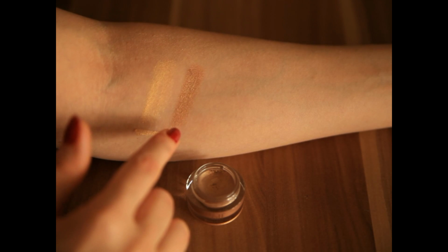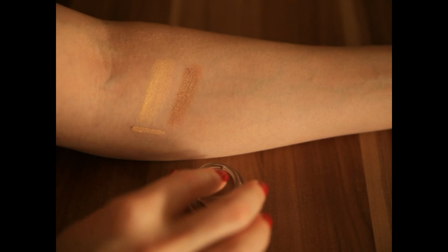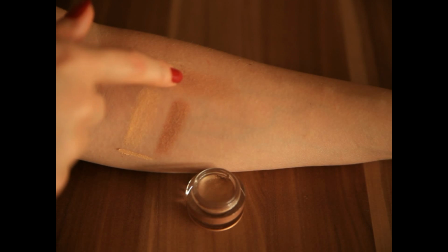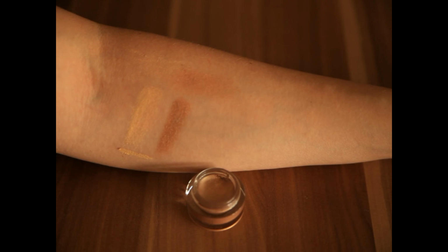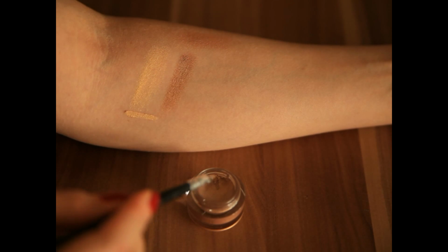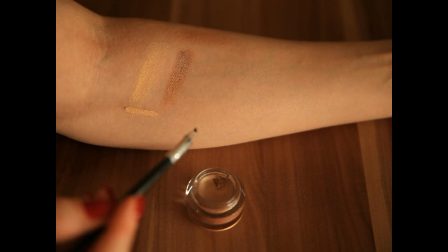This is a taupey shade with quite a bit of gold in it. Let me try to blend it out to give you an impression of what this would look like blended through the crease. A really gorgeous shade. This is perfect for every day. Such a simple yet classy shade, and let me try to give you an idea of what this one would